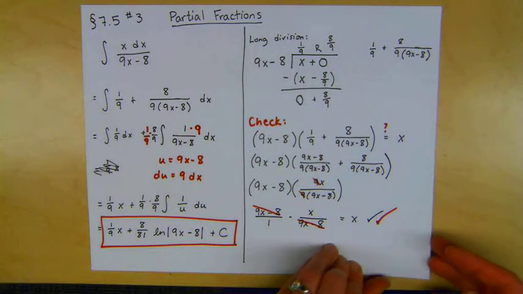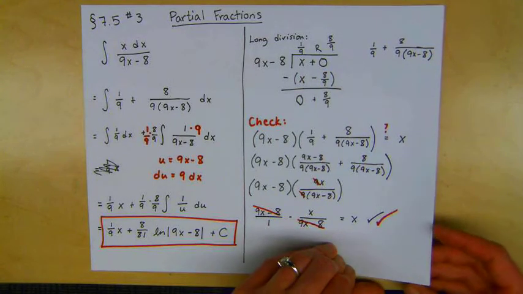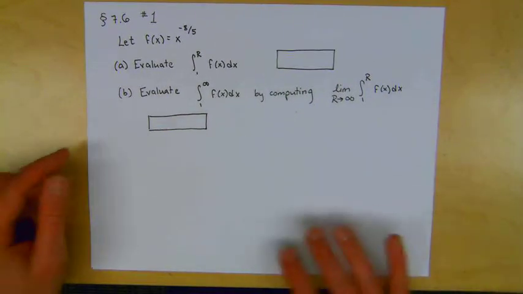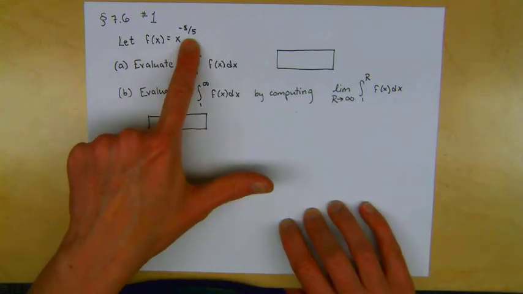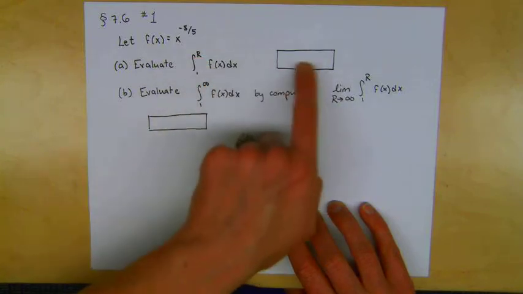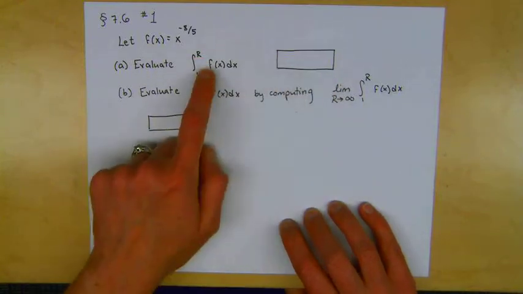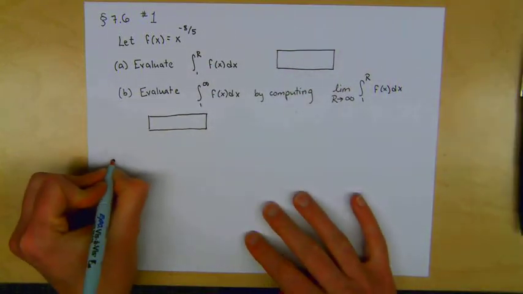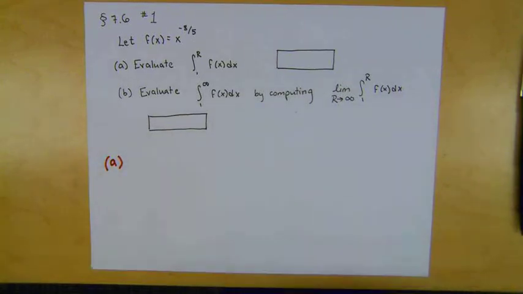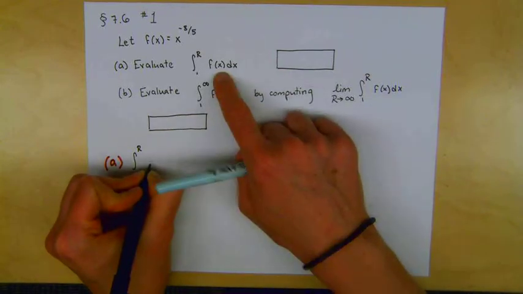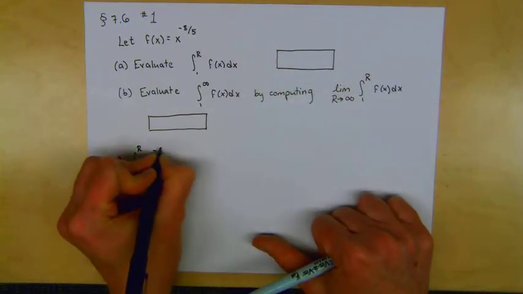So the other thing that I want to talk about is actually what WebAssign is asking on 7.6 number 1. We are given a function and we're asked to evaluate the integral from 1 to r of this function, and it's sort of confusing. What do they want in this box? What they want should have a capital R somewhere in here, so I'm going to write part A down here. Part A is taking the integral from 1 to r of f of x. F of x in this case is x to the negative 8/5